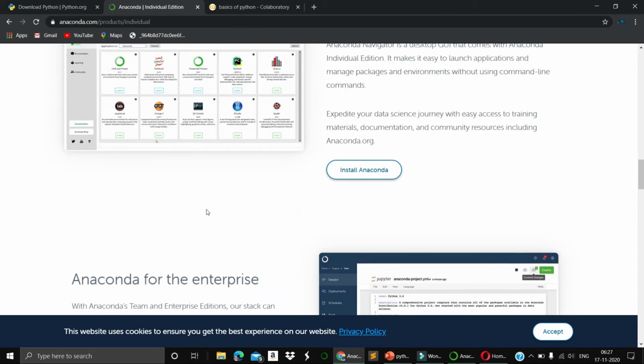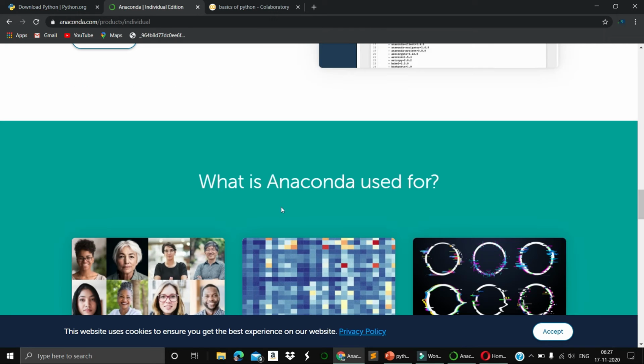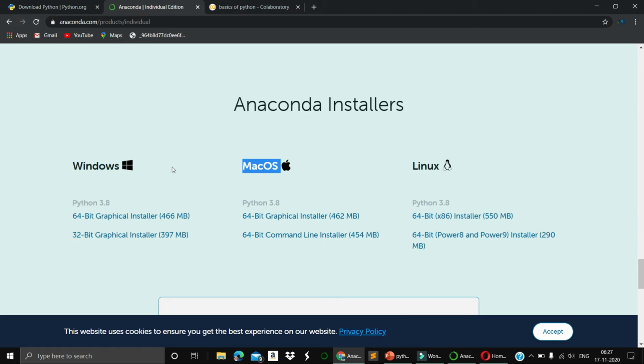When you want to download this one, you will get an interface with so many things. If you want to download it, go down here. Whether you are a Mac user, Windows user, or Linux user, depending upon your system configuration, you can choose and download.